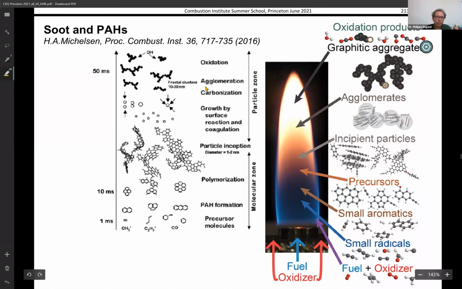There will be a mechanism also of carbonization, which means that the concentration of carbon in your material gets higher. You can have agglomeration of these particles here and get larger structures. But beside that, you can have also an oxidation. So what gets out of the flame here is the result of both the formation of these particulates, but also their oxidation. So it's a complicated business,